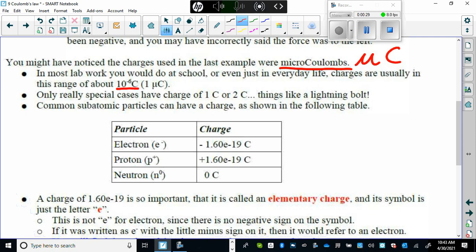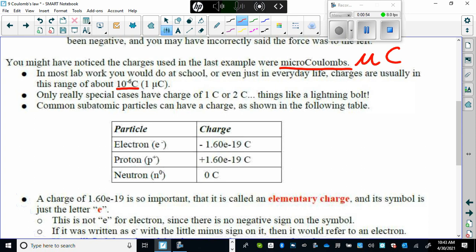Only really special cases have charges of 1 or 2 coulombs, like a lightning bolt, right? So if somebody says to you, I'm going to punch you with 1 Newton of force or charge you with 1 coulomb of charge, go for the 1 Newton of force, because 1 coulomb is going to provide electrostatic force that